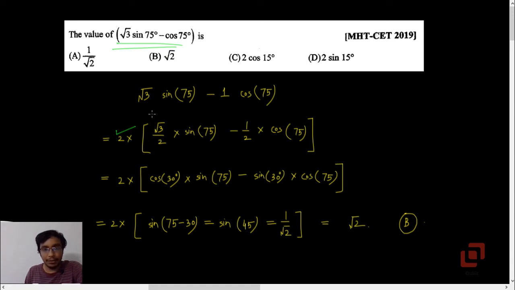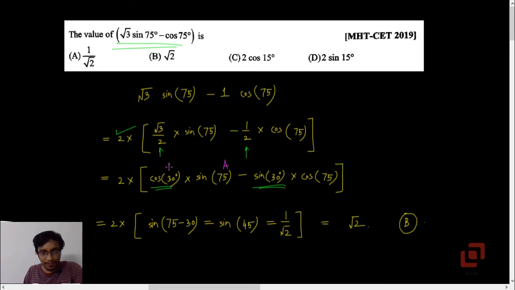I have multiplied by 2, so I have got root 3 by 2 inside and 1 upon 2 inside. Root 3 by 2 is cos 30. You may write it as sine 60. And 1 upon 2 is sine 30. You may write it as cos 60. So I have chosen 30. Now see, this is like